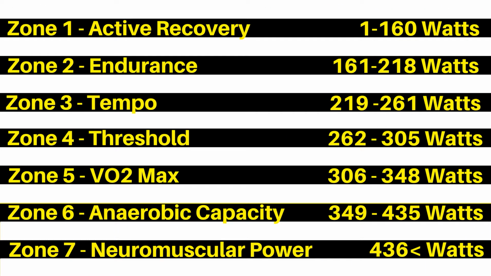So I'm going to put on screen now an example of a rider's training zones with an FTP of 290